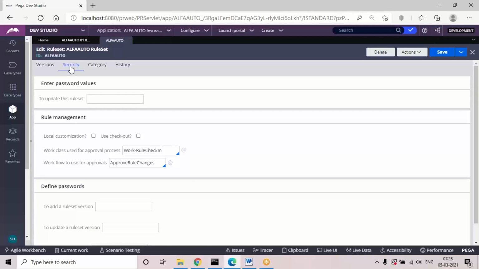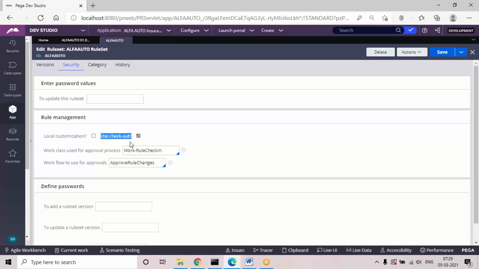In order to secure a rule set, you have something called rule management, and here you have an option called use checkout. We have to enable this checkbox. So go to the security tab of the rule set and enable the checkbox use checkout, and save this form.